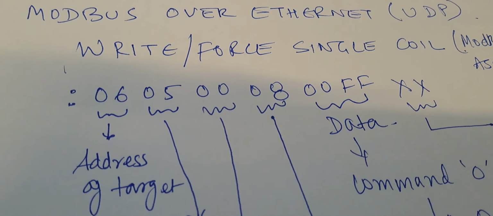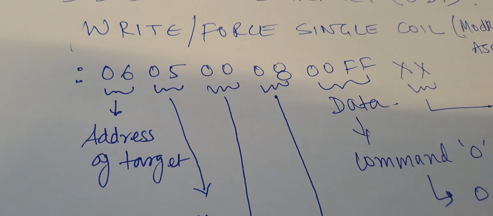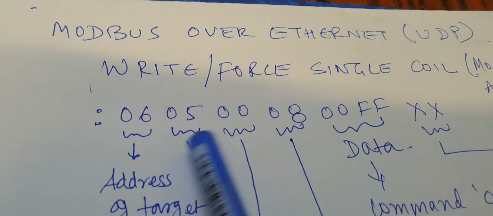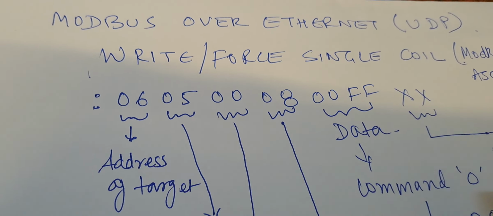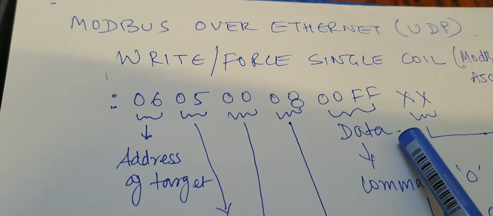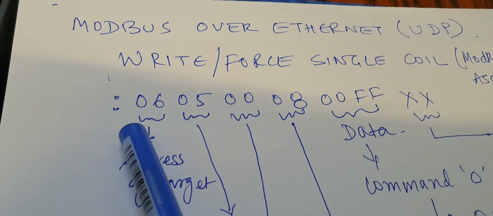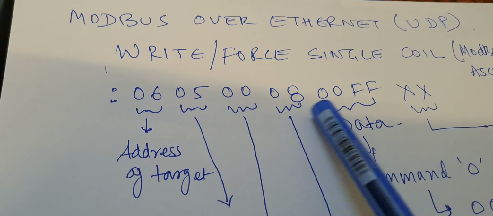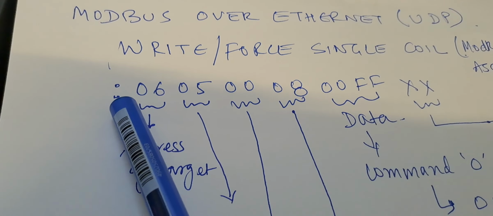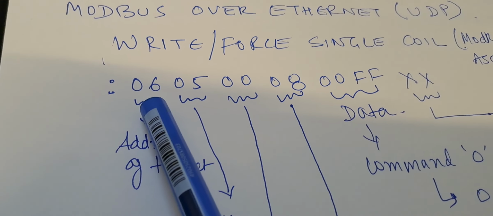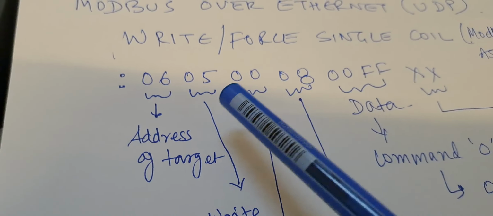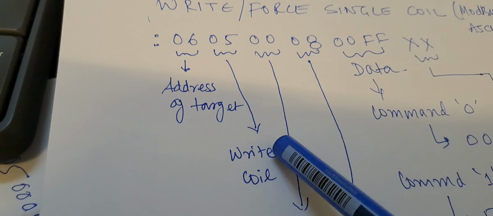As you can see here, this is the Modbus frame. This is the Modbus ASCII frame. Basically this Modbus frame is getting transferred over the UDP network, over the Ethernet UDP protocol. The command starts with a colon, 06 is the target Arduino address, 05 is the write coil, force coil command,